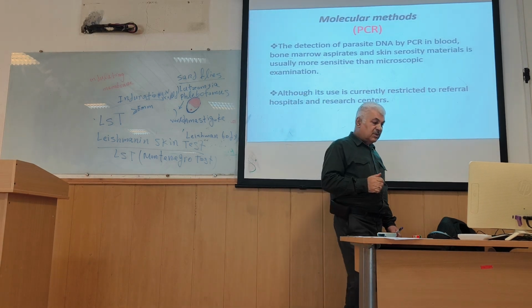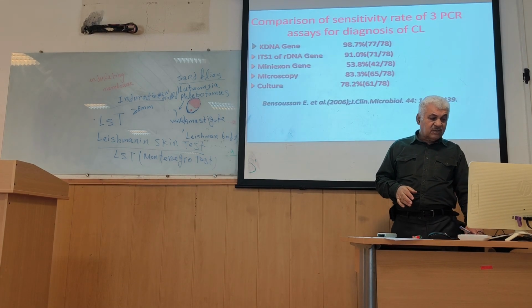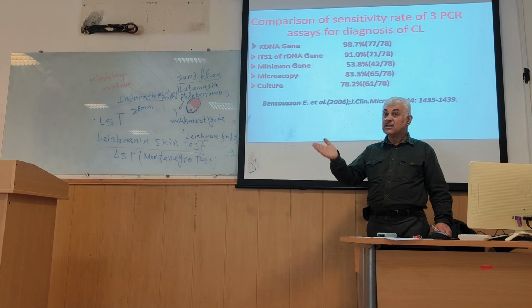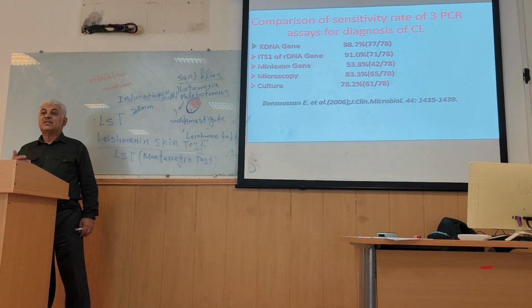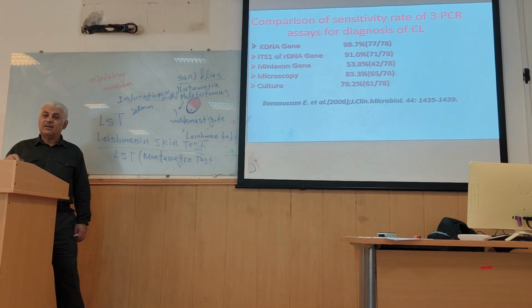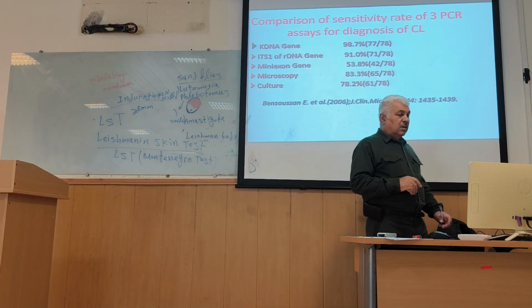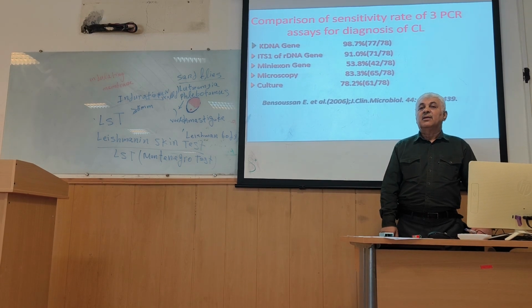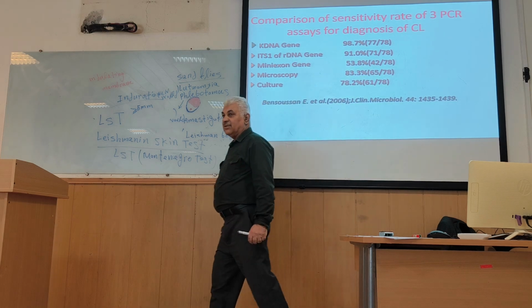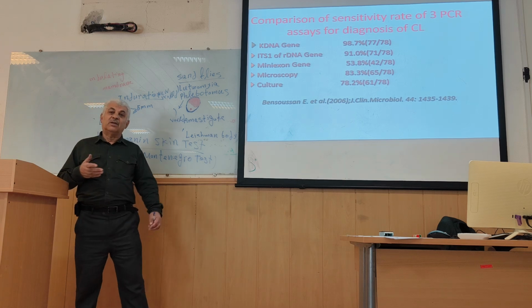PCR is a very sensitive method, and we can use it for the diagnosis of different infectious diseases such as viral diseases and bacteriological diseases, and sometimes in some parasitological diseases. We can use PCR for Leishmania species identification. For example, we can see a lesion